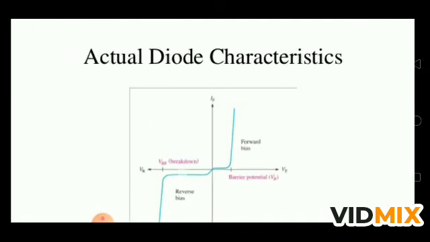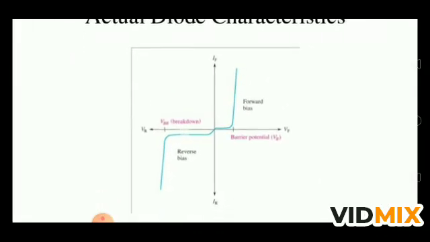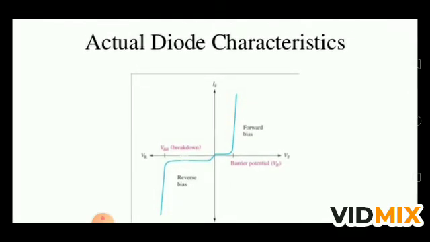So this is the actual diode characteristic. If you see in the forward biasing and the reverse biasing, there is a breakdown voltage in reverse biasing, and in the forward bias there is a barrier potential. After a certain barrier potential, the forward current increases, and in the case of reverse bias, after a certain breakdown voltage, the reverse current increases sharply. This is the characteristic of the reverse and forward bias. If you see this diagram, this is very important. There can be 2 marks questions, that how can you draw the characteristic for a diode in forward and reverse biasing.